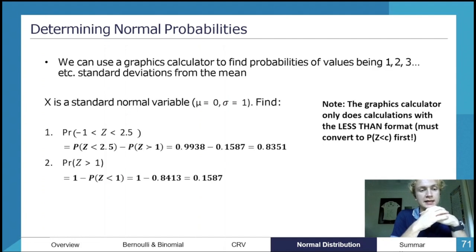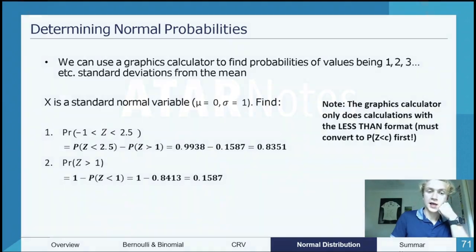Okay, probability of z being greater than 1, well, because it's the inverse, again, it's got to be less than. We get 1 minus the probability of z being less than 1, which equals 1 minus 0.8413 equals